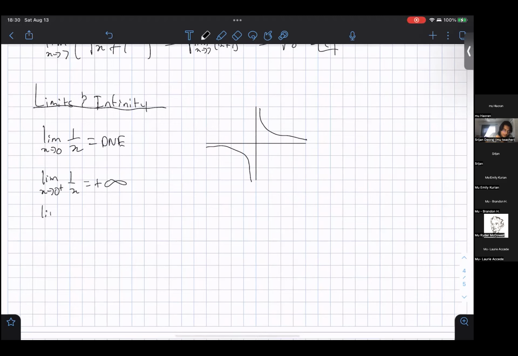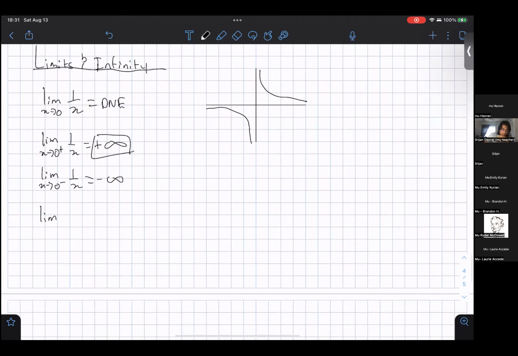And similarly, we can say that as x approaches 0 from the negative side, 1 over x approaches negative infinity, because you're plugging in smaller values that are negative, so it goes to negative infinity. And so other things that you should watch out for when you're dealing with these limits that have infinity in them is, for example, the limit as x approaches 0 of ln of x does not exist, because